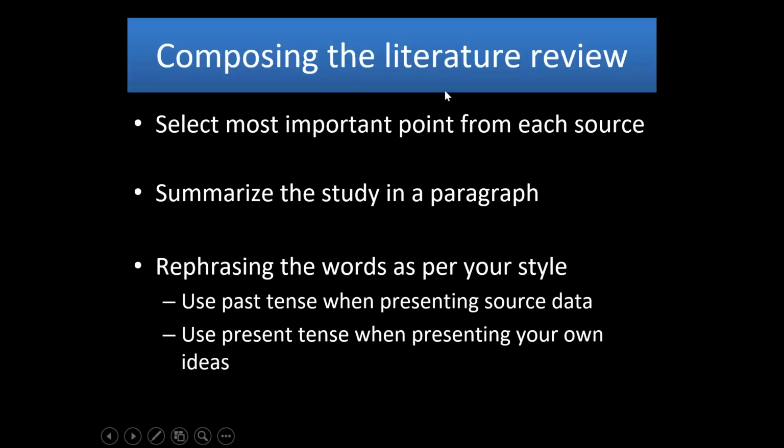So how do you compose the literature review? Select the most important points from each source. As you read for the first time, take a pen or a marker and mark it right there so that you don't struggle to read next time. Take important information from wherever you can get it, summarize it in a paragraph, and rephrase. It's very important not to cut and paste. You have your own unique style of writing. If you take too much of different work and cut and paste, it will not be coherent and nice to read, because every writer has a different style. So maintain your unique style of writing.